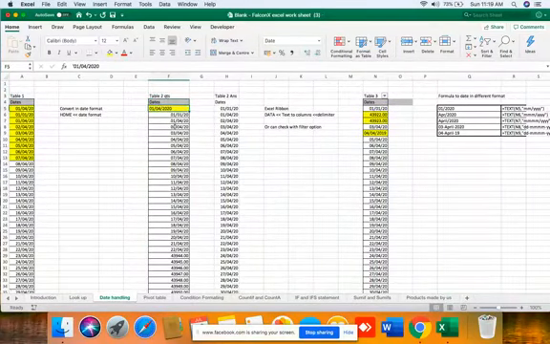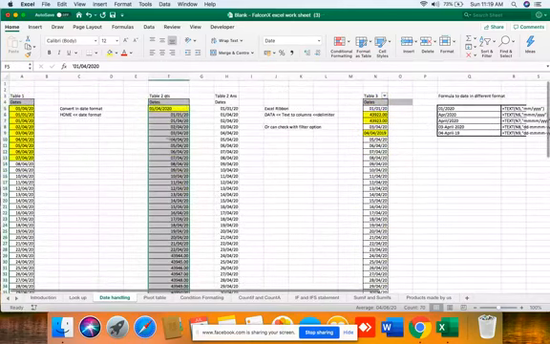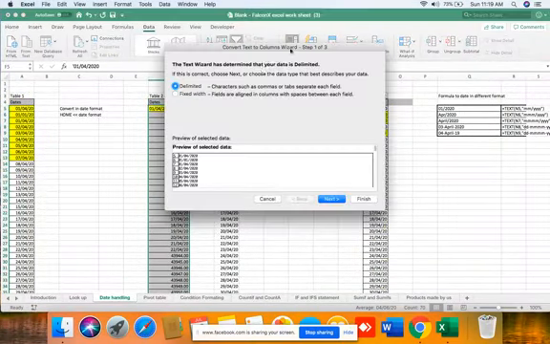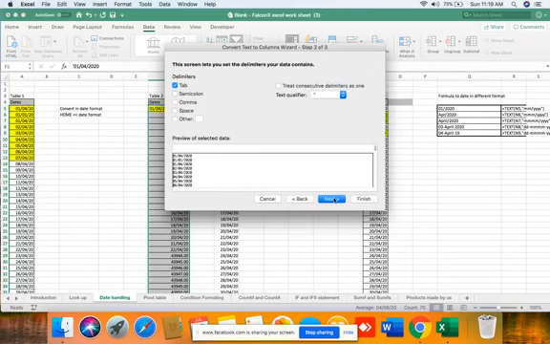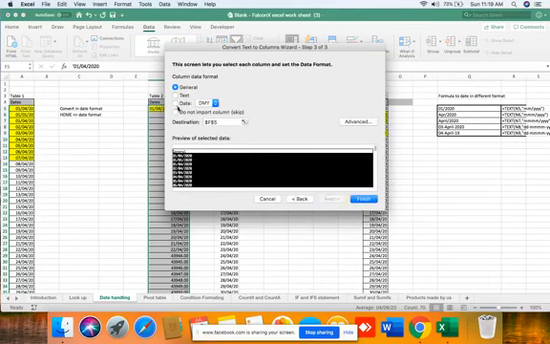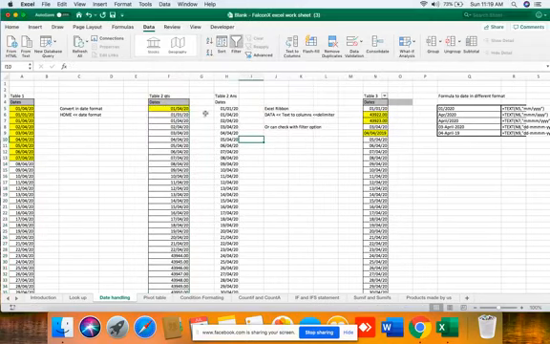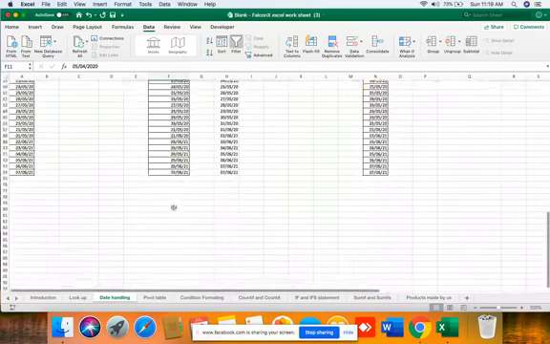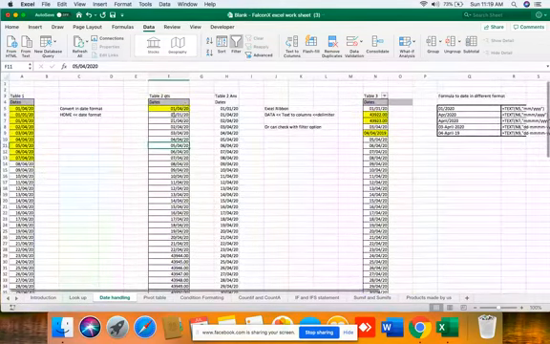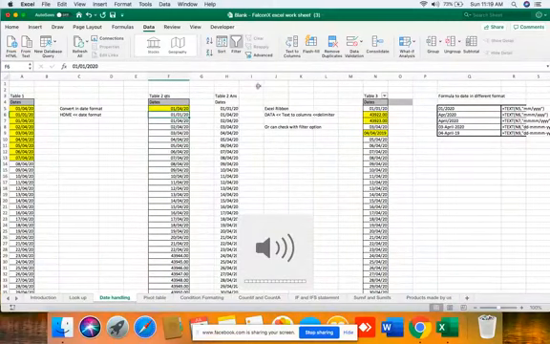Select the data, go under the data tab, text to columns, next, next, DMY, select date and finish. As you can see, the data has been corrected. This was the second part.